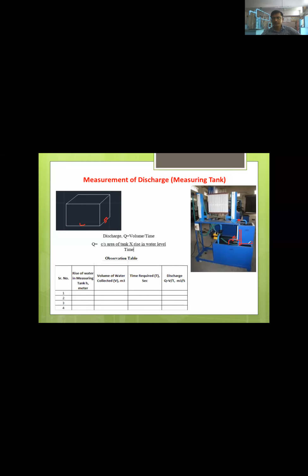As the water rises in this tank, the water also rises in the tube connected here, because it is connected to the inside. As the water level increases, the water in this tube also rises. So with the help of this tube we can understand the level of water inside the tank. A scale is attached to this tube for measuring the level of water. At a certain level we close the valve.